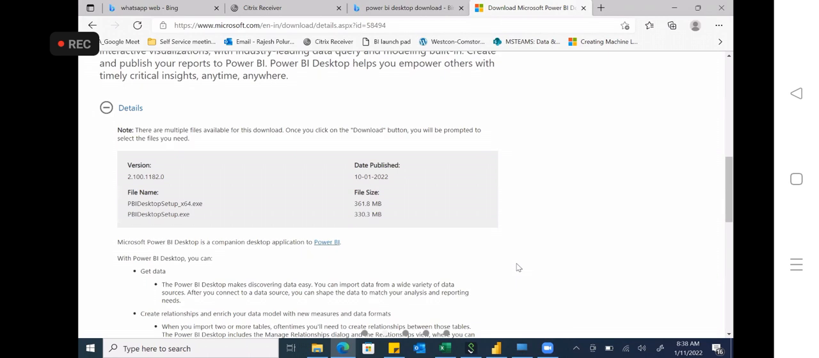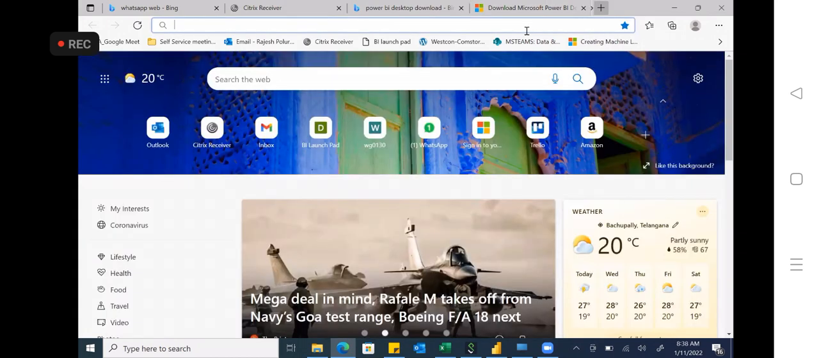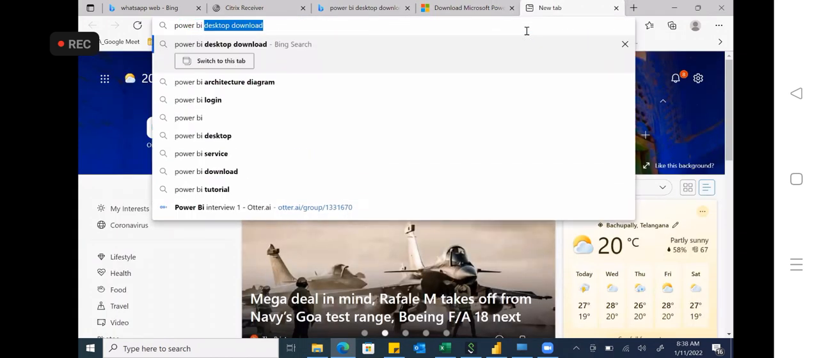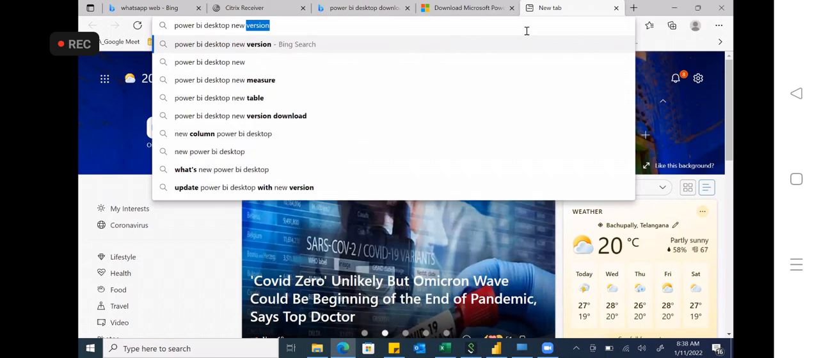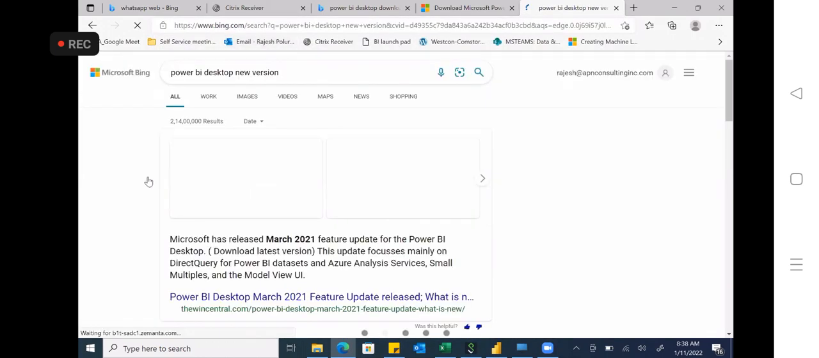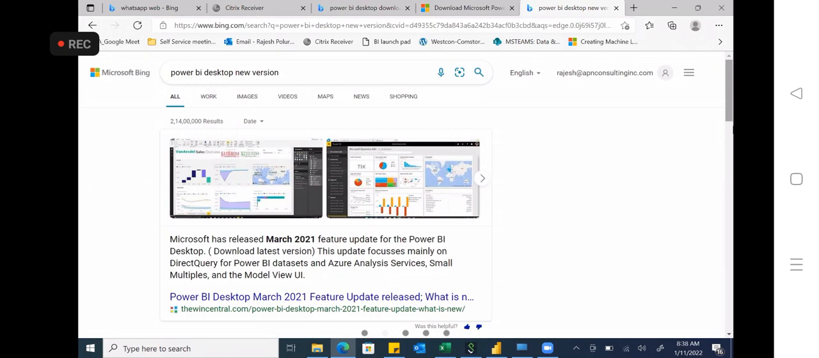For example, if you talk about Facebook or WhatsApp, we see the new options, right? New updates, right? It will ask you to update WhatsApp or Facebook. The same way, every month we will get new releases, and in the new releases they will provide all the details, like what options they have added. Even if you search for the Power BI desktop new version,